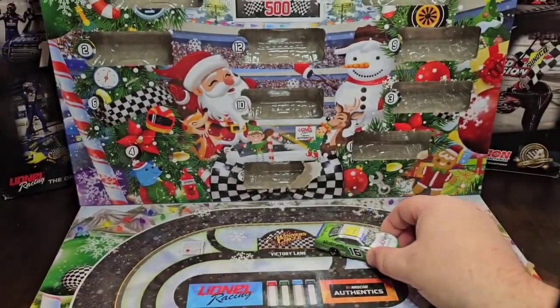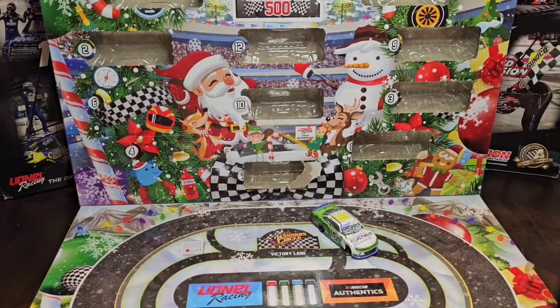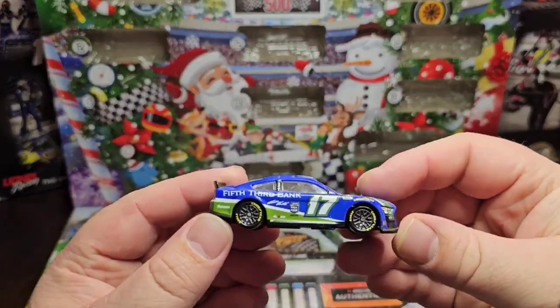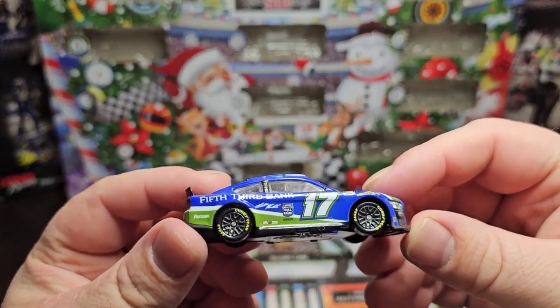So now let's actually jump into the second part of it. In the second car, which we just did, the Roval. This is going to be Matt Kenseth's throwback Martinsville number 22 car for Martinsville. And here's what this car looks like. Very nice. You can see Matt Kenseth on the side. It says NASCAR Hall of Fame, Fastenal,